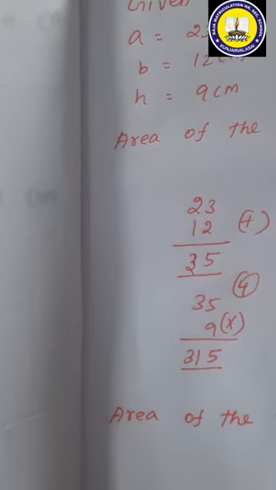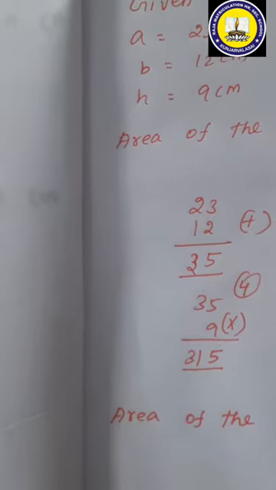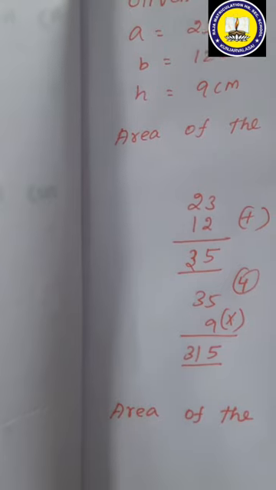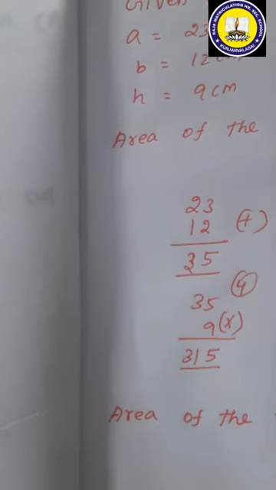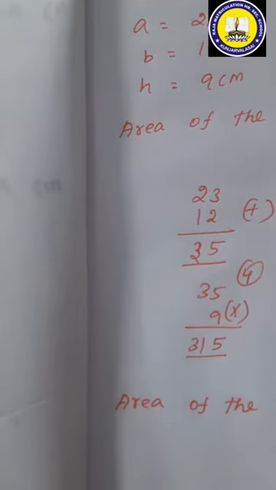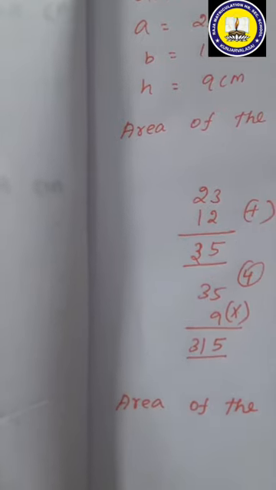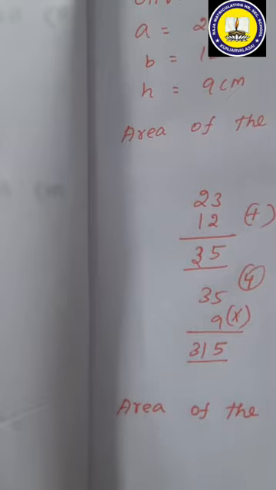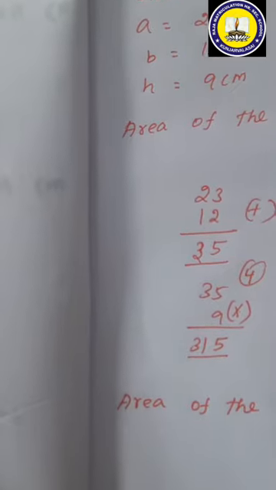We take the table 2. 2 1 is 2, 2 1 is 2, remaining 1, 11. So 5 2s are 10, remaining 1. So 15 we get. So 7 2s are 14, the remaining 1. So we write point and take this 0. So we convert 10. So 5 2s are 10. So the answer is 157.5.